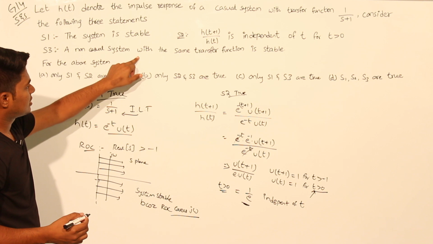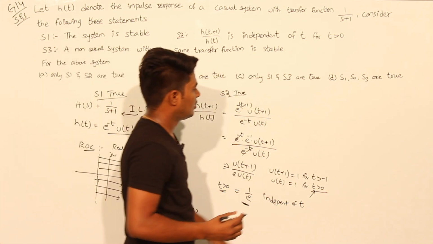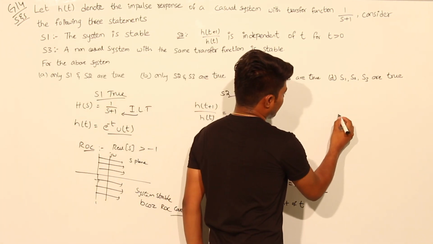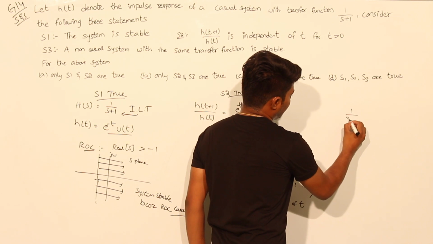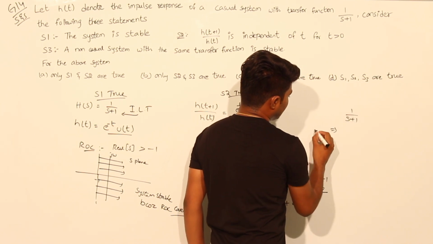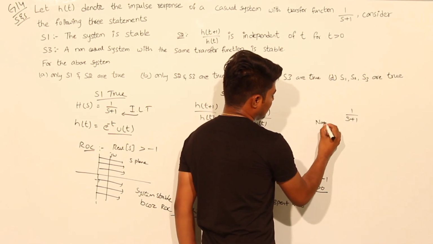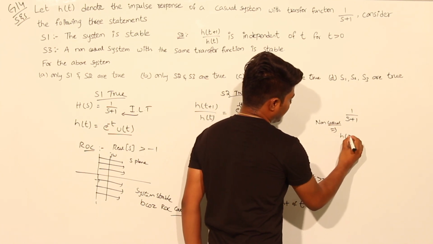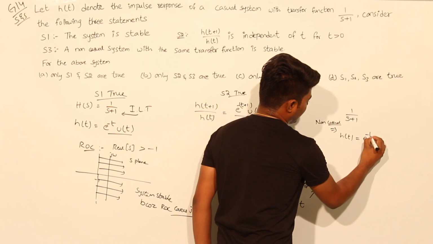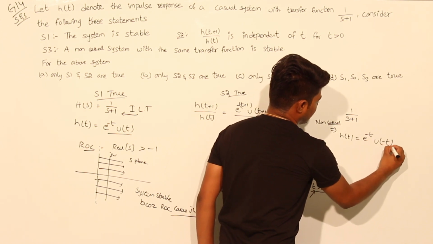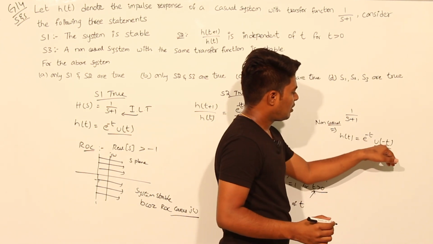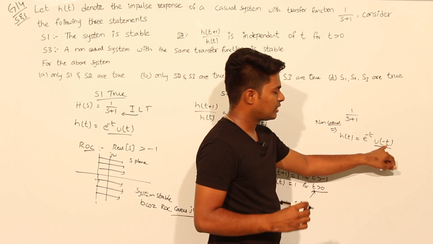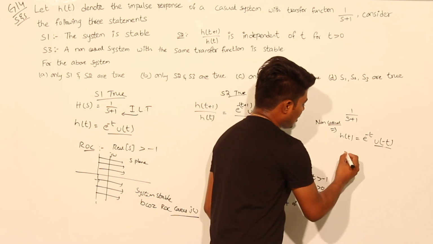Now let us check the third statement. A non-causal system with the same transfer function is stable. Now if you take the same transfer function 1 by s plus 1, and the system is non-causal, then you can write h of t as e power minus t u of minus t. If you observe this, u of minus t is going to the negative axis. If you draw the ROC,